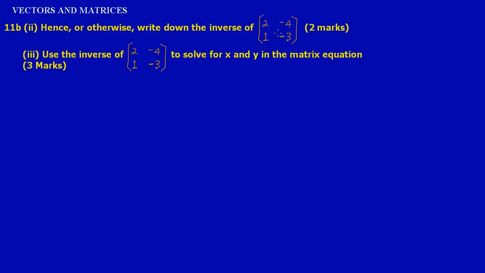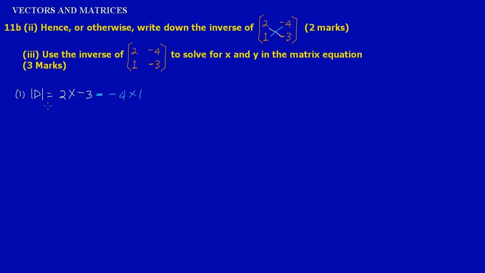Here, to find the inverse of a 2 by 2 matrix, first we'll have to find the determinant. Okay, so let's just write it like that for now. Now to find the determinant, we're going to have to multiply the leading diagonals. And what do I mean by that? These two numbers, 2 and -3, that's called the leading diagonal. So I'm going to have to say 2 multiplied by my -3, and then I'm subtracting the non-leading diagonals, which is -4 and 1. So -4 multiplied by 1.